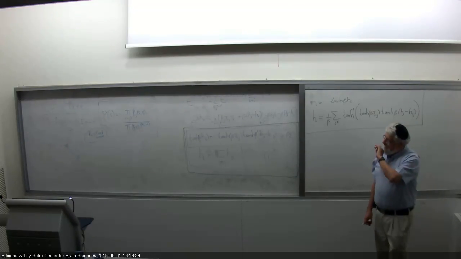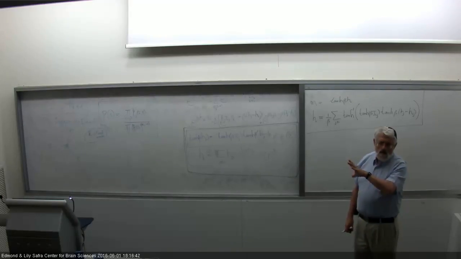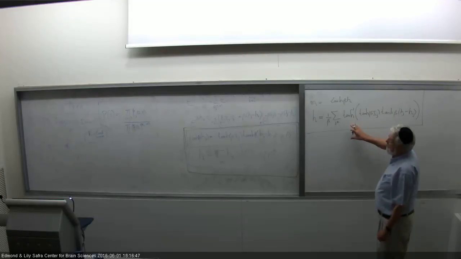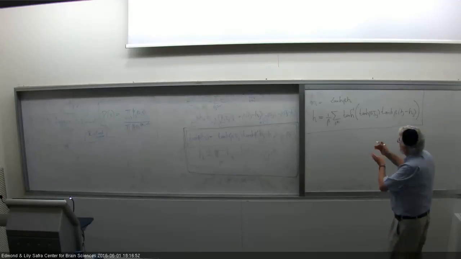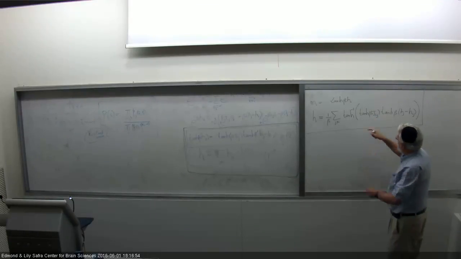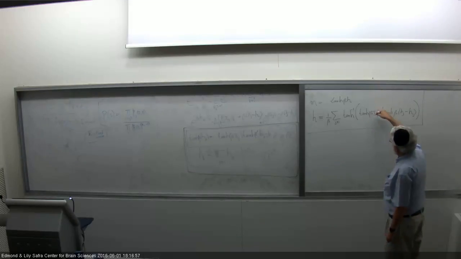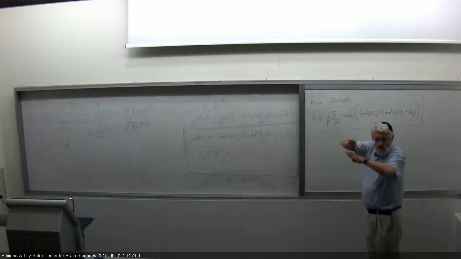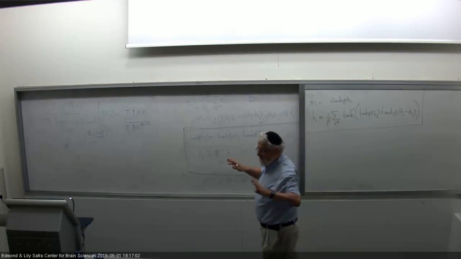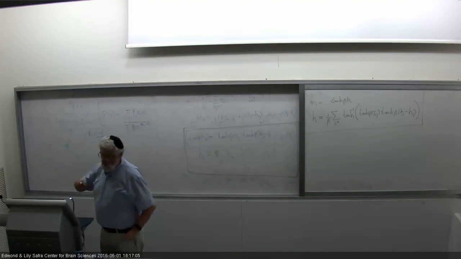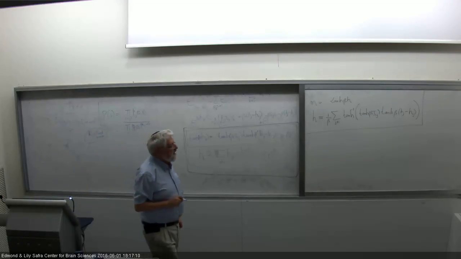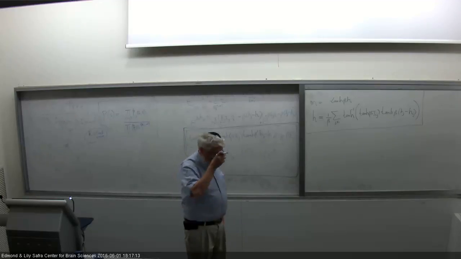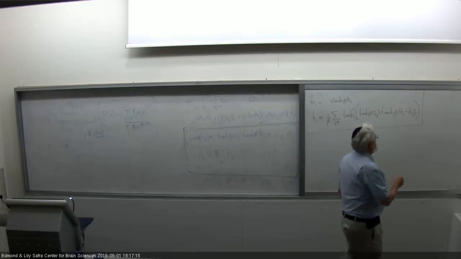The claim is that for any Ising model on a tree, whatever the tree structure is, these are the exact equations for the magnetization. The particular tree structure will enter through which J_ij enters, so this will be the geometry, but that's it. For any tree geometry, these are exact equations for the magnetization, without any further assumptions about J_ij. Okay? So this will be exact